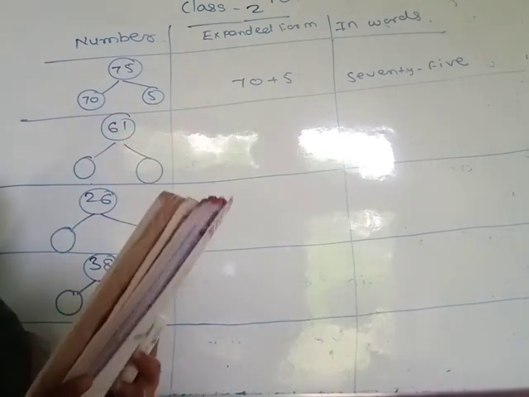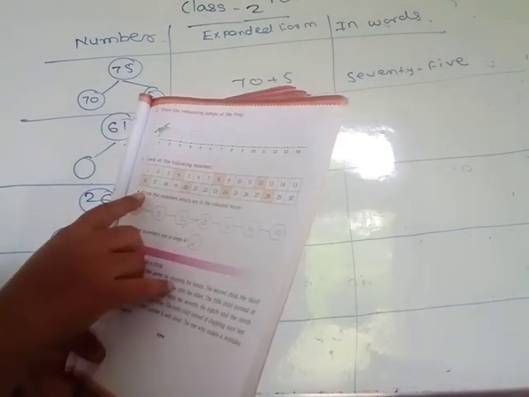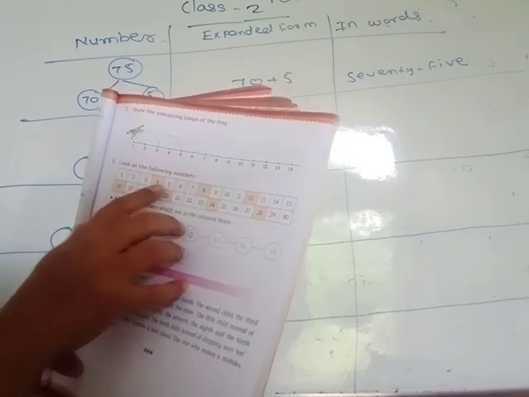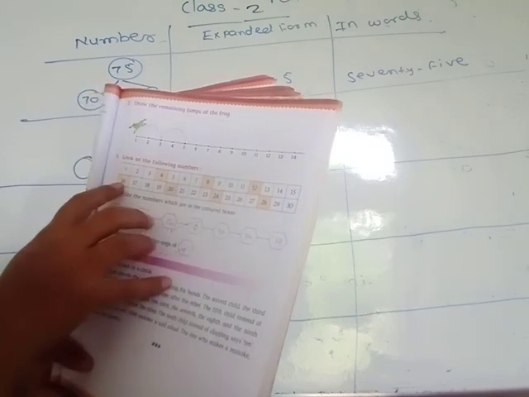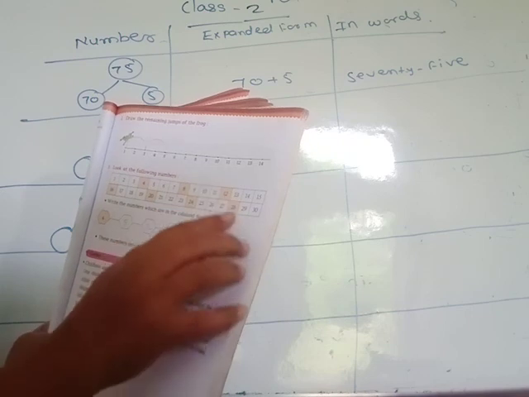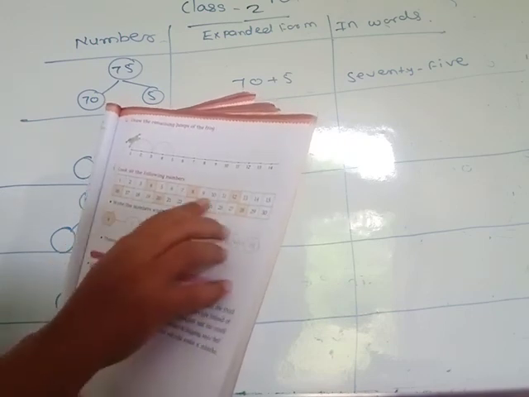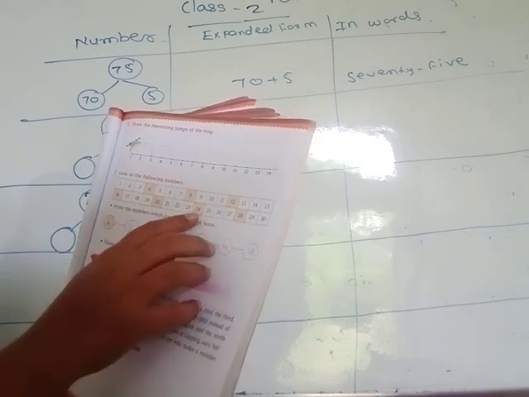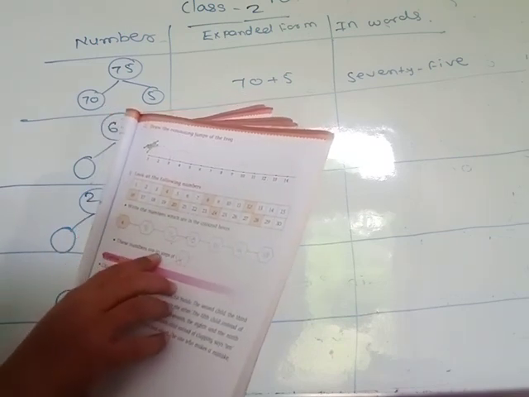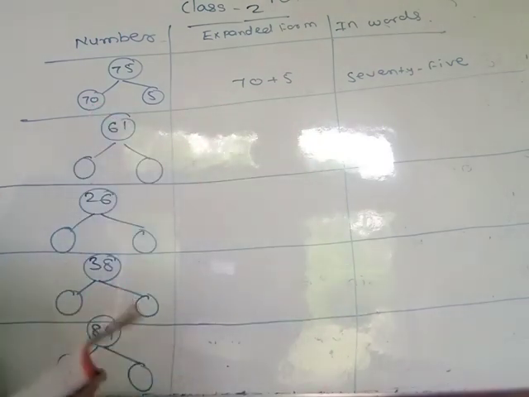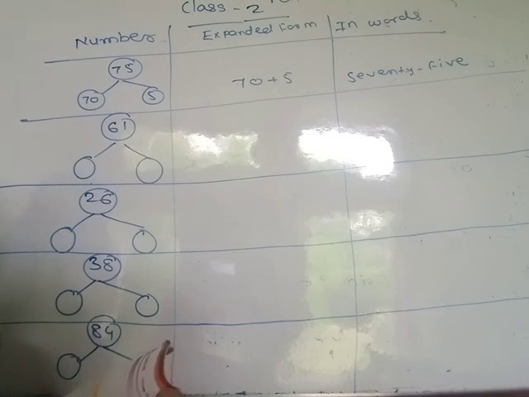Then look at the following numbers. You look at these numbers and write the numbers which are in colored boxes. Colored boxes, firstly here 4, then 8, 12, 16, 20, 24 and 28. Means all these numbers in colored boxes are steps of 4. These numbers are in steps of 4. Means the difference of all these numbers is 4.